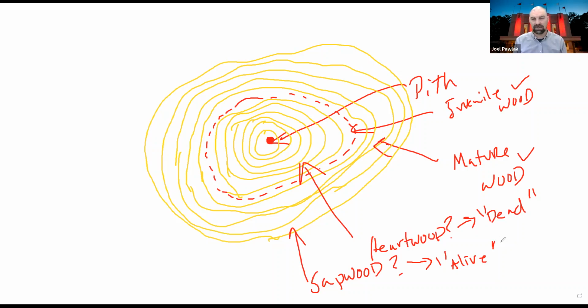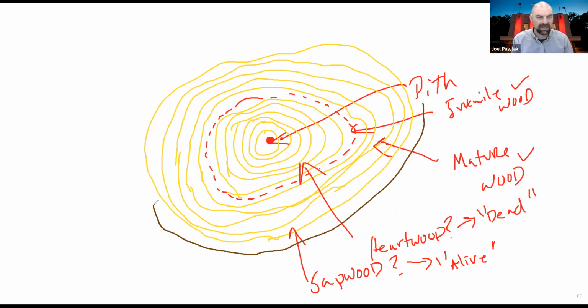If you look inside this tree, you're going to find some living cells in this part of the tree, right? So not all of the wood is alive, but there's going to be some living cells inside of it, right? So we have the heartwood on the inside, which is dead, and we have the sapwood on the outside that's alive. Now, as you get to the outside of the tree, all the way around the outside of the tree,